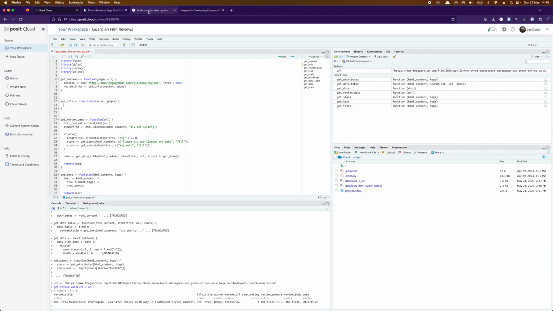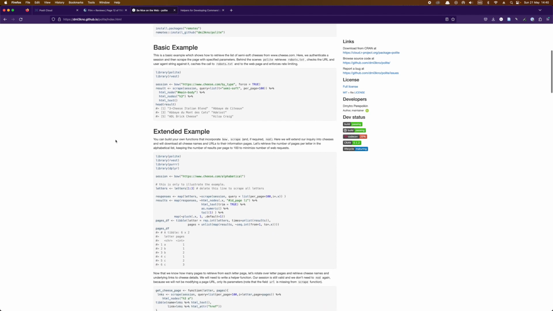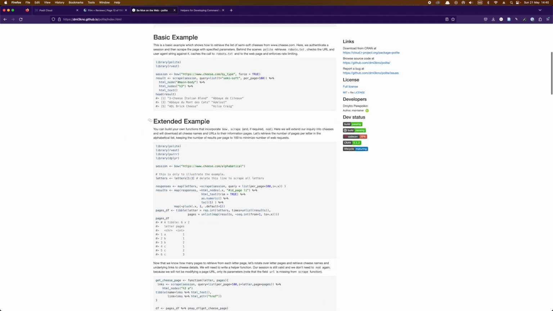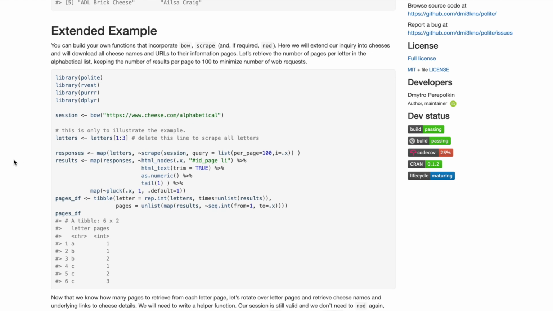Let's go back to the Polite website, and I'm going to just come down here a little bit, and I'm going to look at this extended example. It says that you can build your own functions that incorporate bow, scrape, and if required, nod. And what they're doing here is similar to us. You can see they're bowing to this cheese.com/alphabetical URL to create their session, and then they are creating an object here called responses, and then they're using